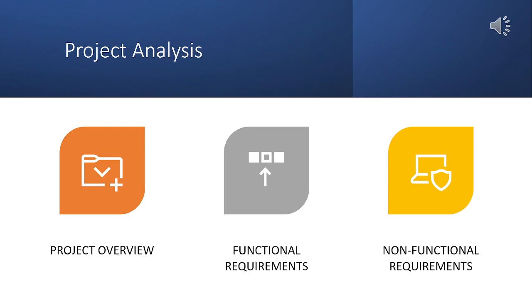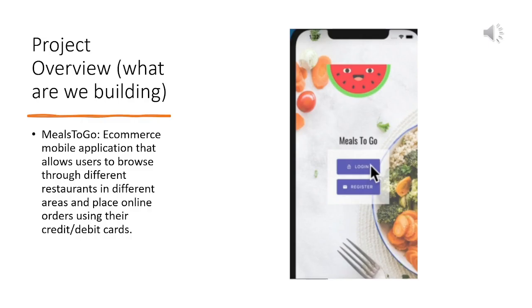Now I will be talking about the project analysis for our e-commerce app. We'll be talking about the project overview, functional requirements, and non-functional requirements. For our final project, we are building an e-commerce mobile application that we call Meals to Go. It will allow users to browse through different restaurants in different areas and place online orders using credit and